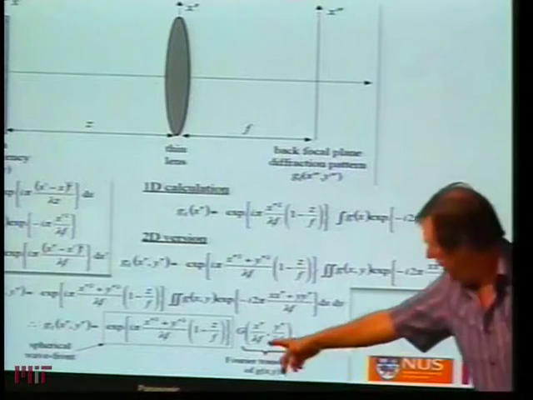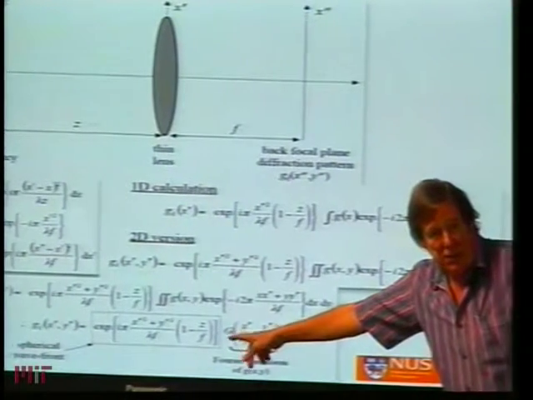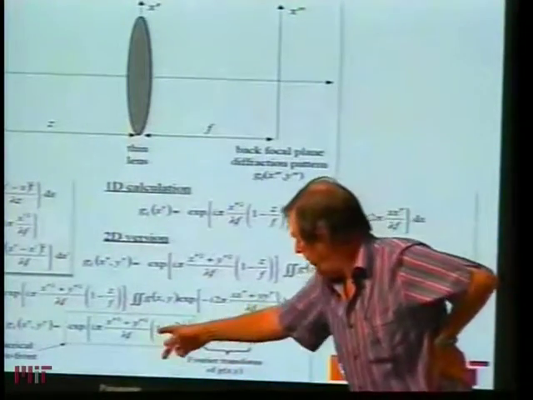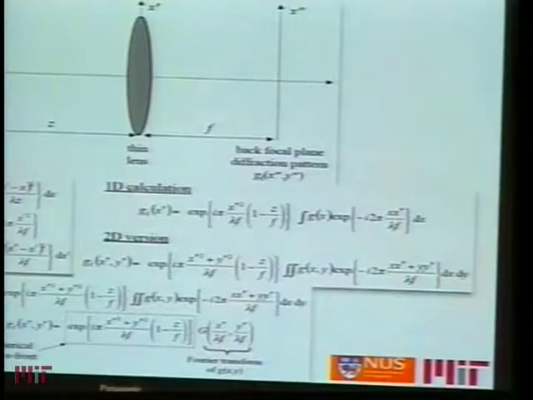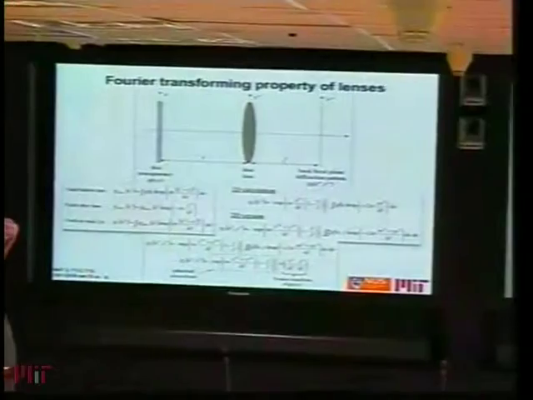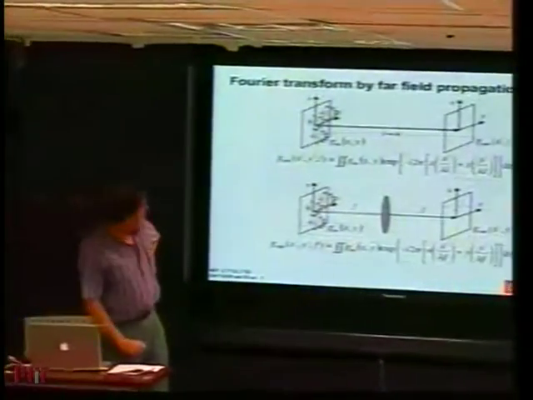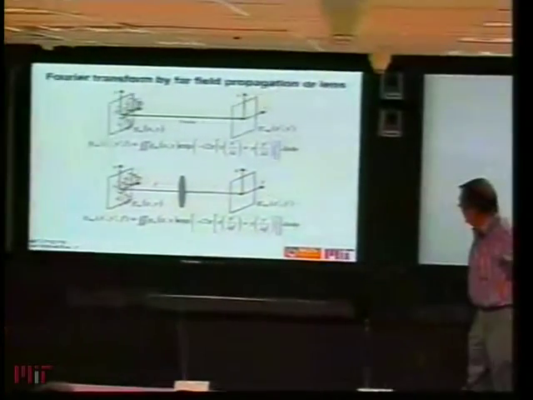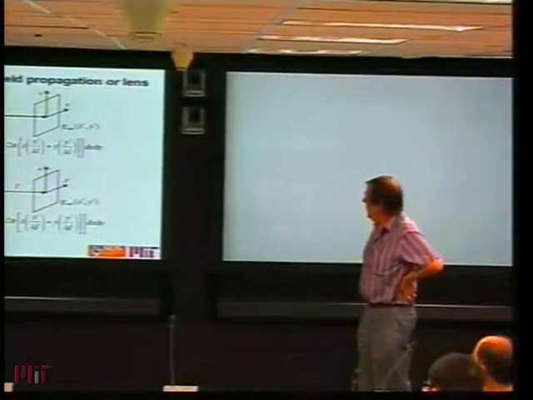Okay, so this is just writing down finally then, we're defining the Fourier transform of little g as big G, right? So the final answer is that you've got this parabolic phase function times the Fourier transform of G. Okay, so this is